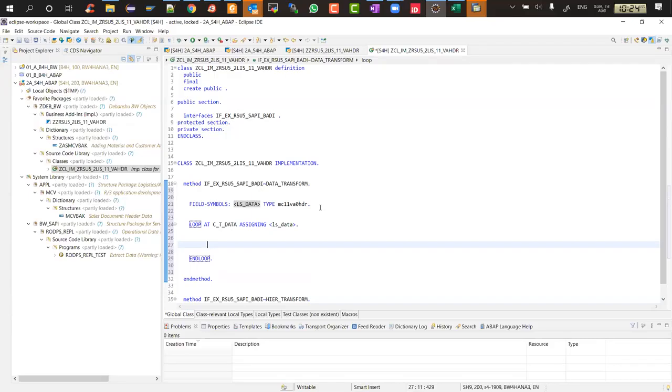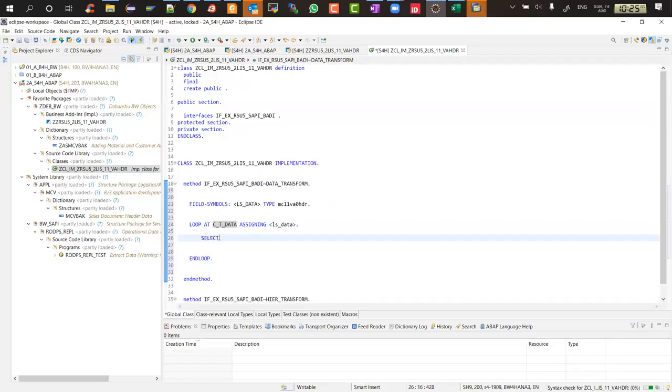If you have records in billions and millions, probably sometimes it is still relevant, but usually for a smaller set of data, you can directly loop at CT data. Because we are going to write the new ABAP on HANA syntax. When we write new ABAP on HANA syntax, the code is pushed down to HANA, and that's why it is good enough. So we will directly loop at the table which has all the data already coming up from the base tables in the data source, extract structure format. So loop at CT data,